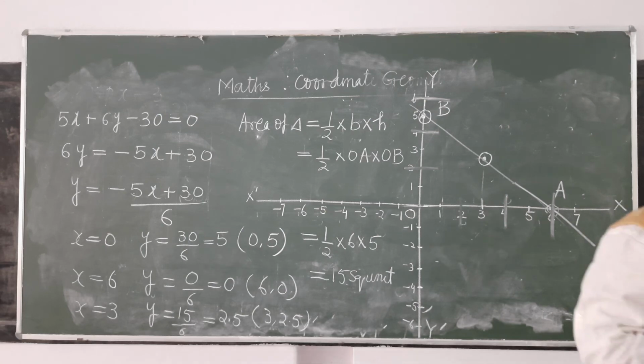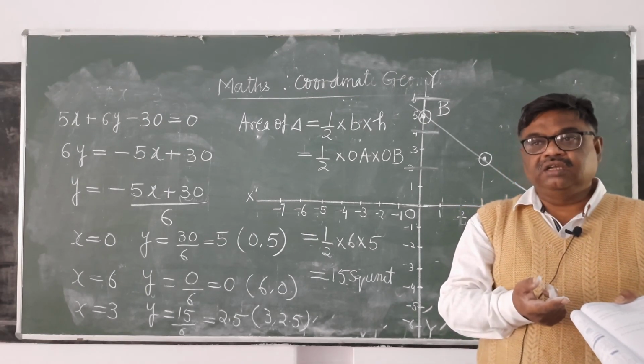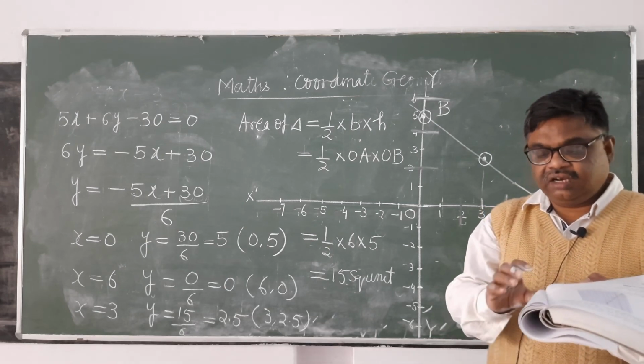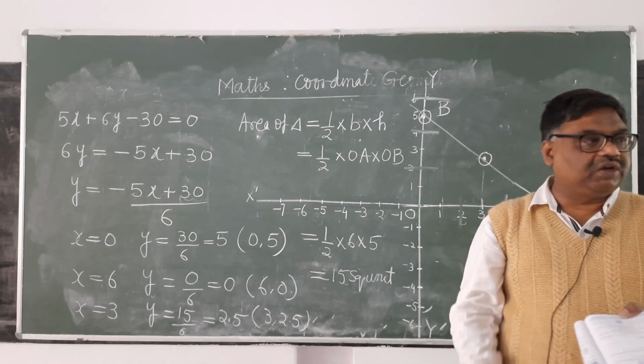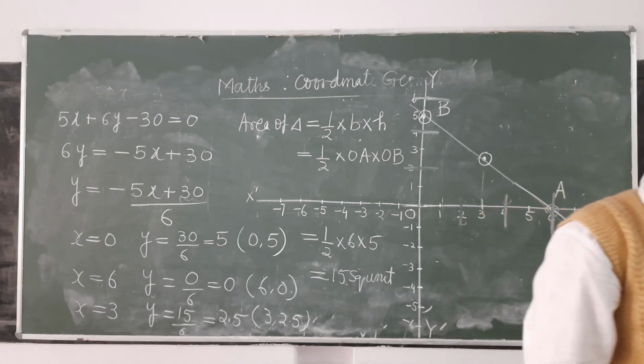It's clear? And then you can determine when x is 2, then what is y. You will find out the value of y, that will become b. And then when y is minus 5, so what is x? So you will get the value of a. So this way you can do. It's clear?